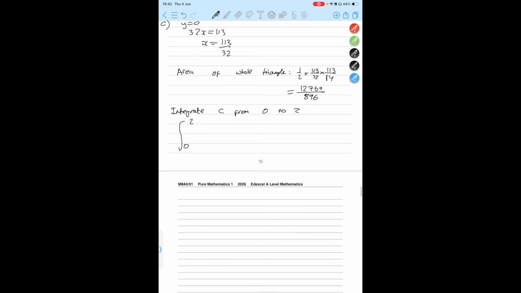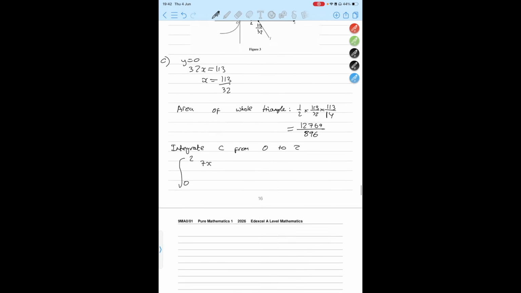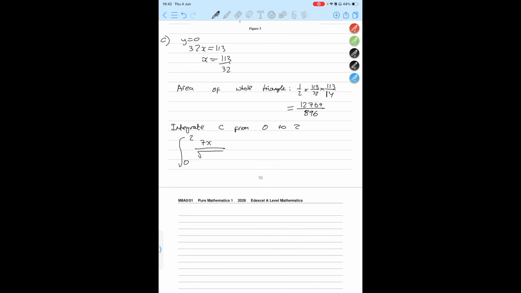Okay, yeah. So integrate the curve, 7x over root 3x squared plus 4. So root 3x squared plus 4. So how can we do this easily? Let's see. Okay, I'm seeing a way we can do some reverse chain rule here. So if we just try to differentiate 3x squared plus 4 to the half,